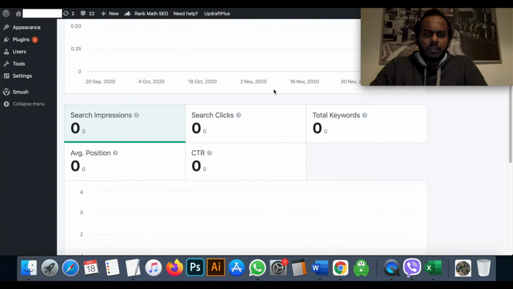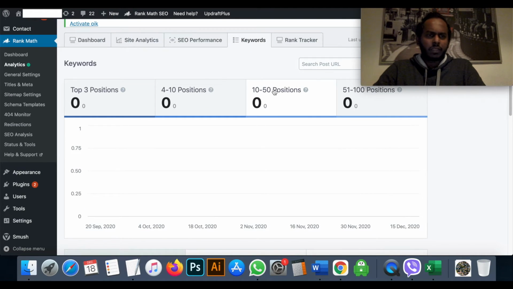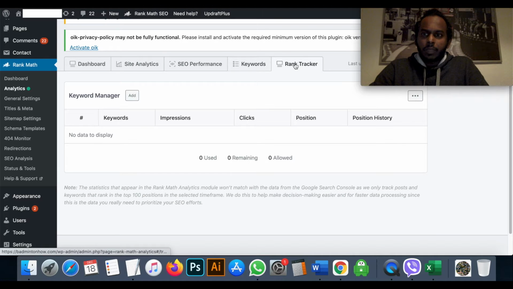Search impressions are blank. I actually deactivated and activated it a few times, and reconnected and disconnected the Google connection, to get this data into Rank Math. I did all the stuff, but it seems like nothing is working, surprisingly.